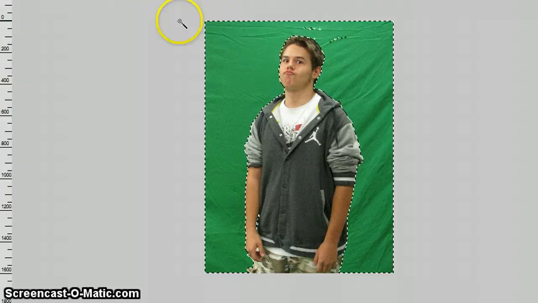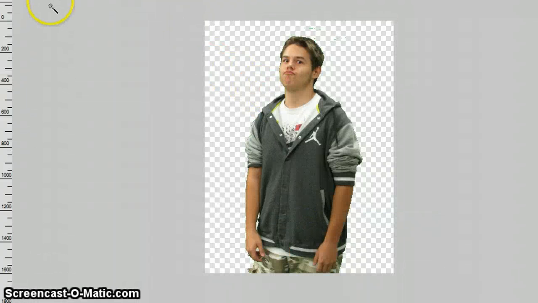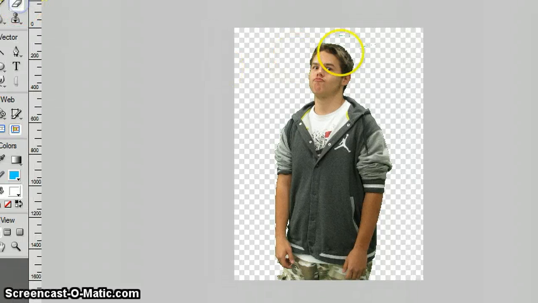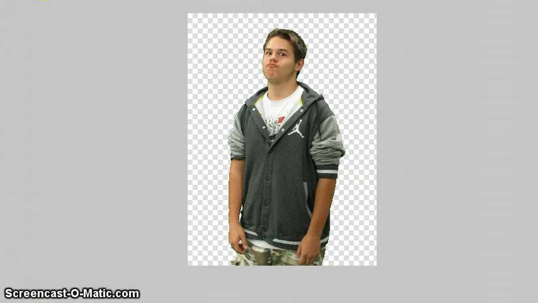But I'm just going to press delete, and there we got rid of most of the green. Deselect, and now I'm just going to take the eraser tool, or I'm just going to take the marquee tool, get rid of the other green spots up here, deselect. Once you have the background successfully removed, and when you start following the instructions, what you're going to use is